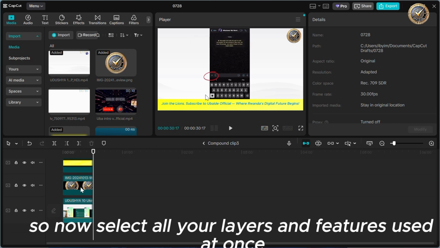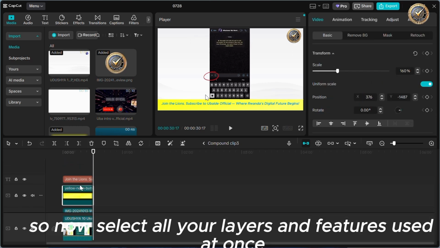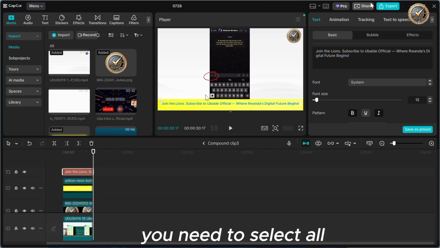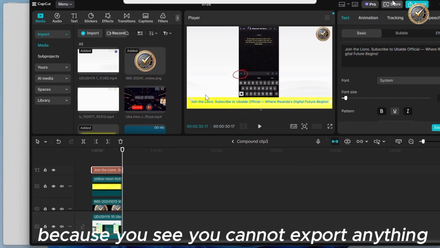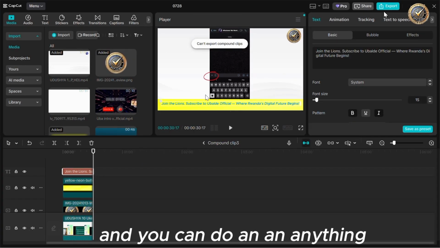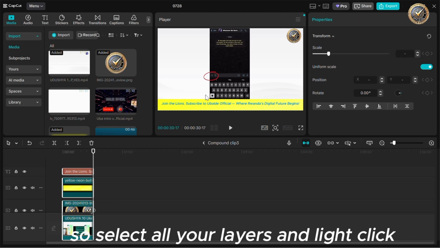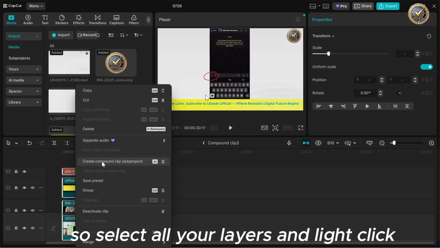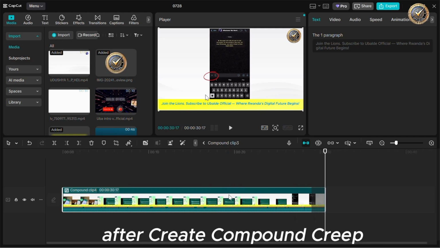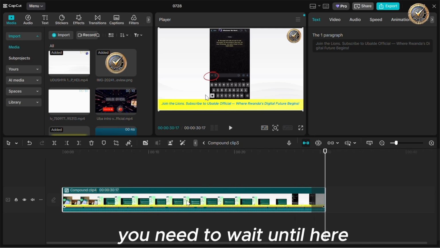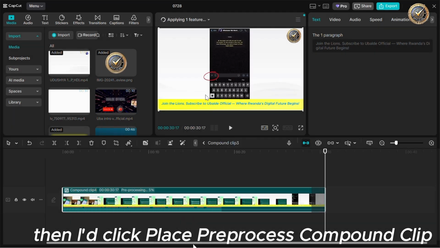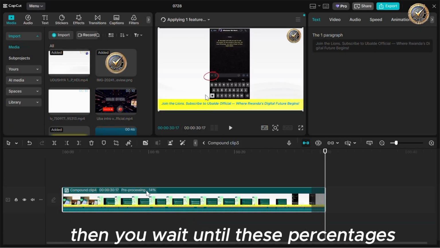So now select all your layers and features used at once. Ctrl plus A. You need to select all because you see you cannot export anything. Select all your layers and right click, then place create compound clip. After create compound clip, you need to wait until here, then right click, place pre-process compound clip, then wait until